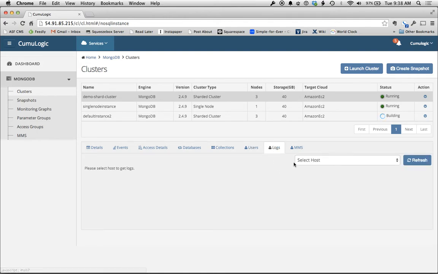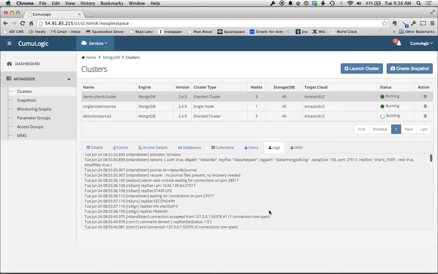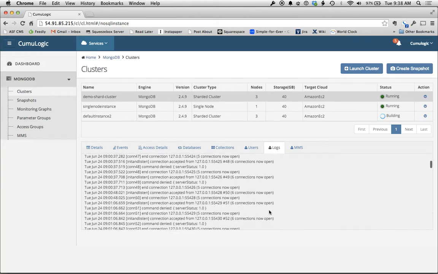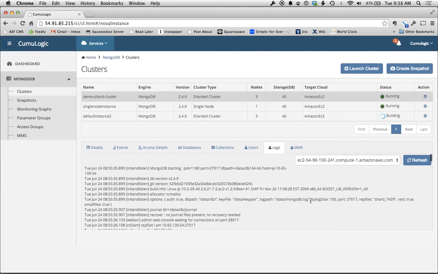The next tab are the logs. Using the logs, we're able to select a particular host, and this will pull back the appropriate log files from that host. So it gives you good visibility and transparency into what's going on in the deployed environment. You can pull this data back and use it with other tools to inspect how your application is actually performing. More importantly, you can troubleshoot any problems that you might be having in the environment very easily from this